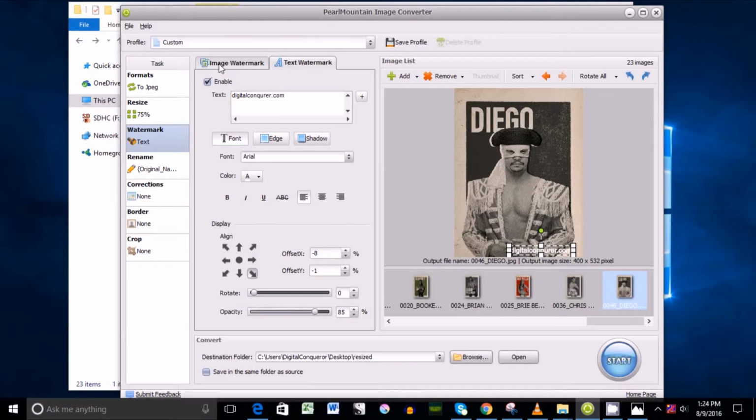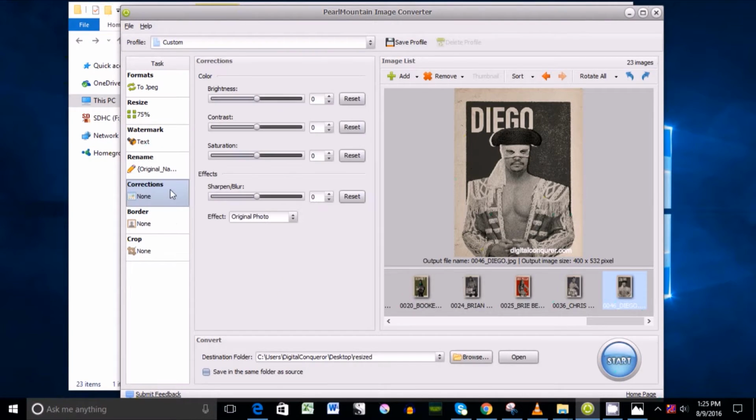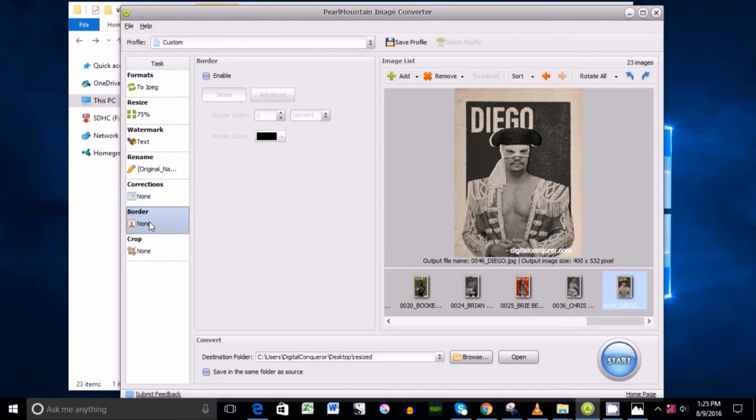articles on my blog. This is a really cool feature if you want to change the names serially or something like that. There are a lot of variations you can try. There is some color correction, image corrections as well, and you can insert borders or crop the images by certain size. But make sure, whatever you do, try it on one image.